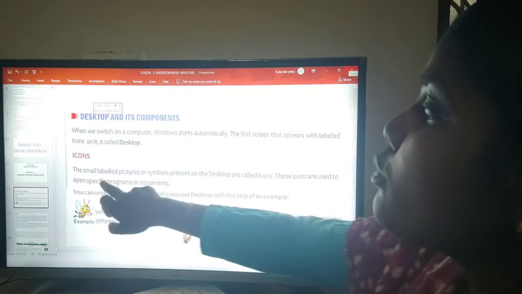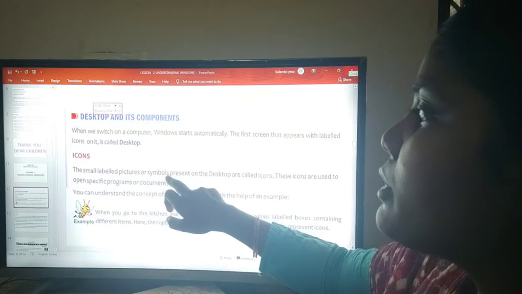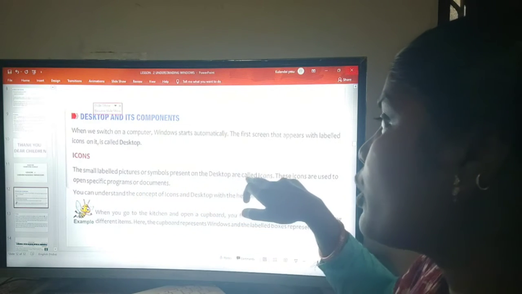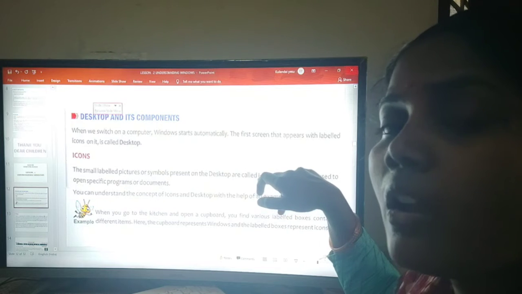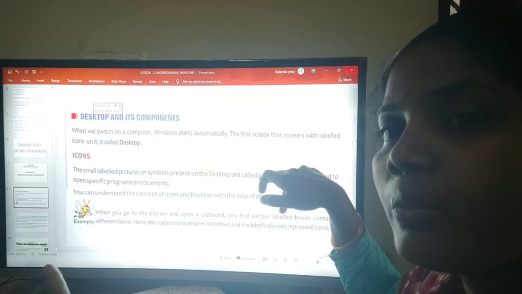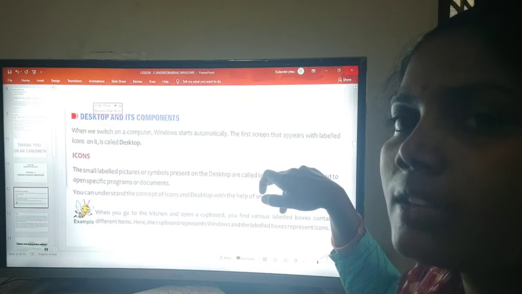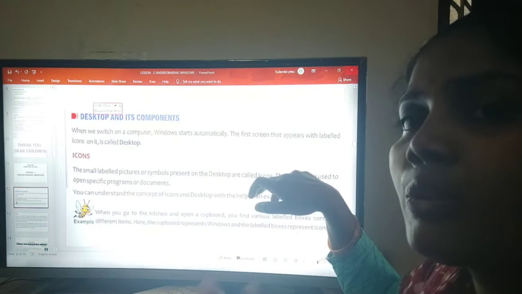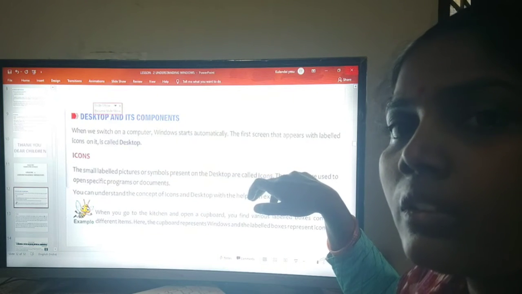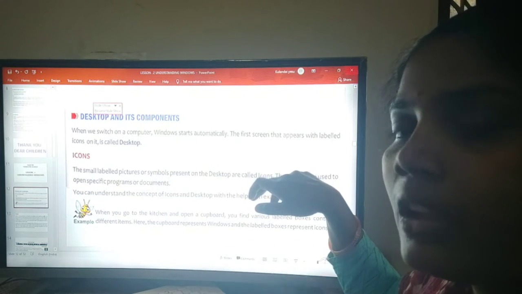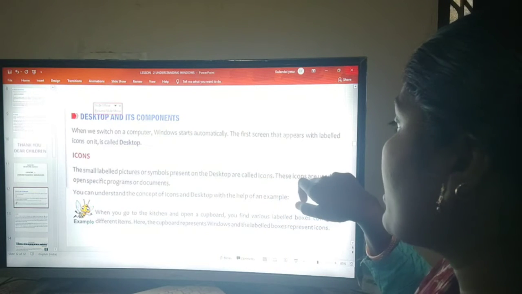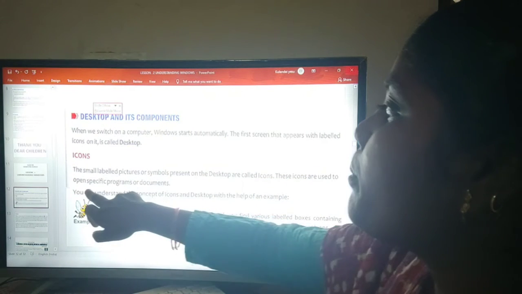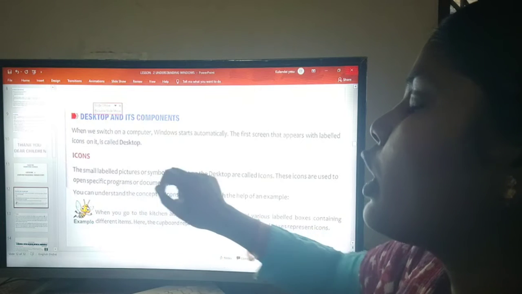The small labeled pictures or symbols present on the desktop are called icons, as I showed you in the beginning. When we open the computer, the icons and desktop will appear. These icons are used to open a specific program or document.